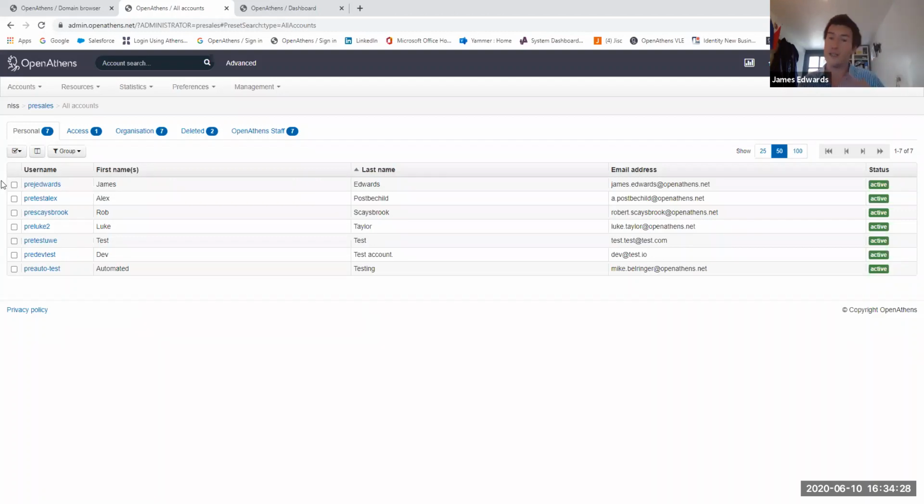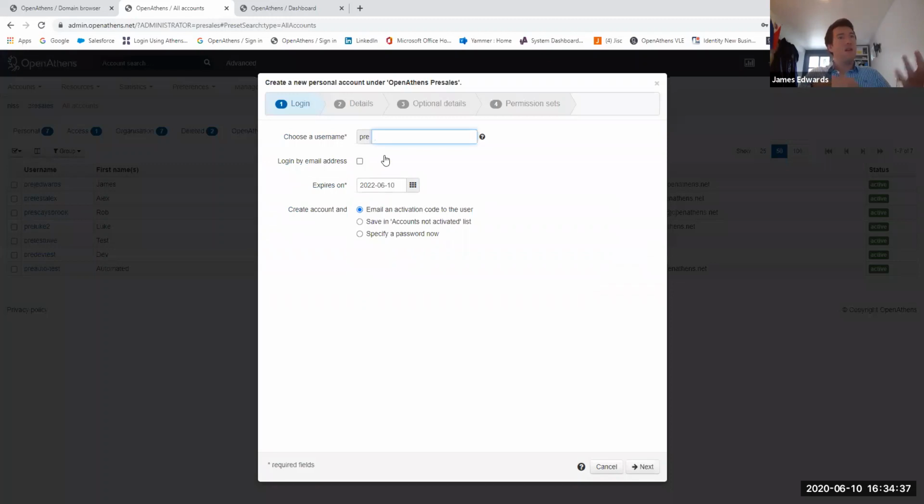The other option, as I said, is that you actually do create OpenAthens accounts. That can be done using our accounts, add personal account here. This creates a wizard where, if you need to create an account, you just follow it through. You can give expiry dates, and you can put in those permission sets, what they're allowed access to, and things like that. So there are lots of options as you create that account for them. And at the end, it will send that user an email with an activation link to say, hey, activate your account, much like a lot of systems these days.